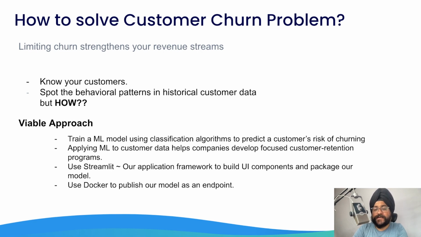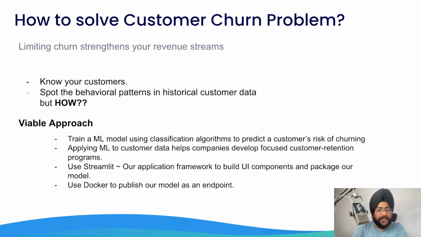which predicts the customer risk of churning. Then we need to apply machine learning to customer data, which can help companies develop focused customer retention programs. Then we need to use some kind of very robust technologies like Streamlit, which